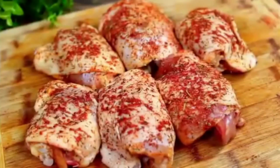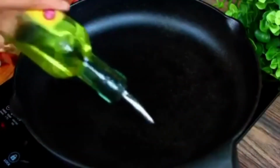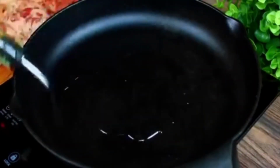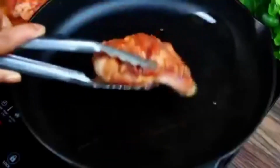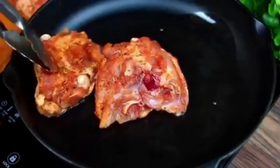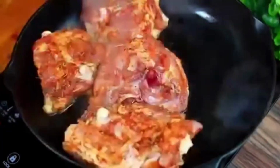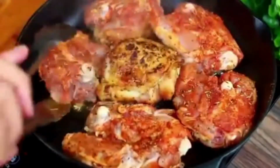So by this time, the chicken should be done marinating. We're going to sear them. So in a hot skillet, go ahead and drizzle some olive oil. Grab your chicken and sear them same side down on medium heat. Searing the meat gives them extra flavor and beautiful color like